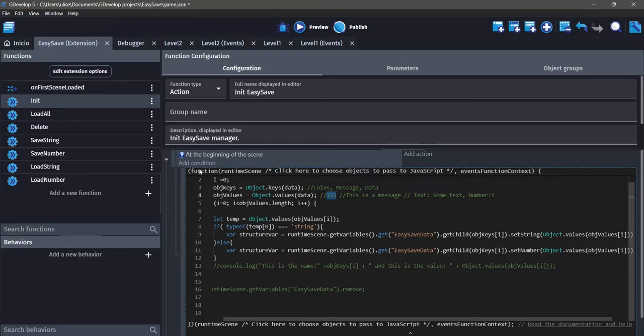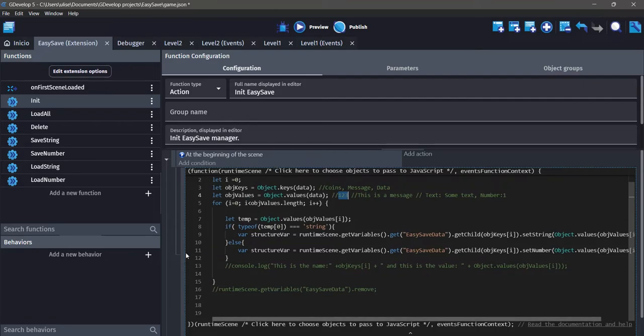So when the if typeof is checking which type is temp 0, and we are checking coins, this is going to be false. So we are not entering here. We are going to the else and assign to this structure variable,